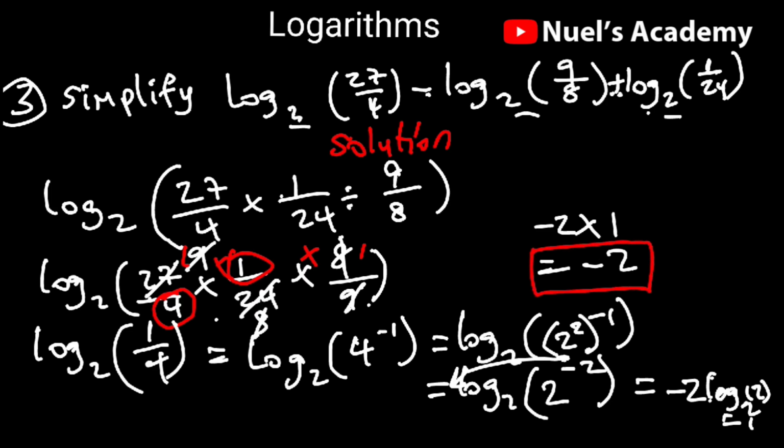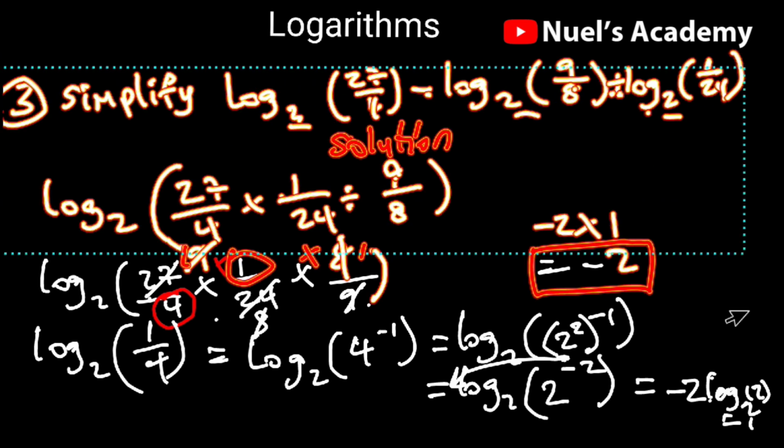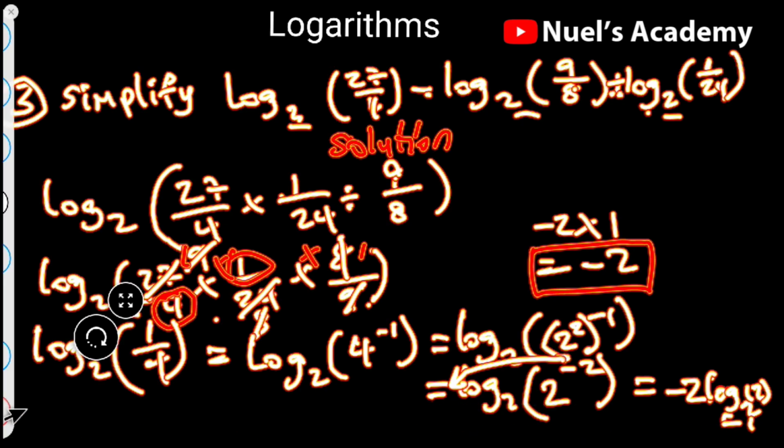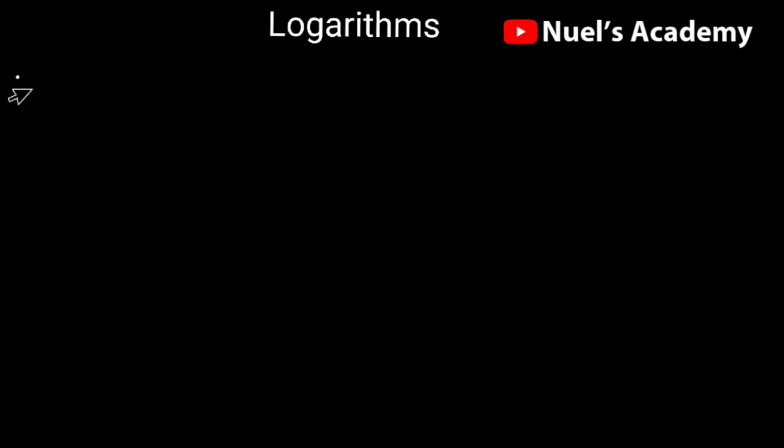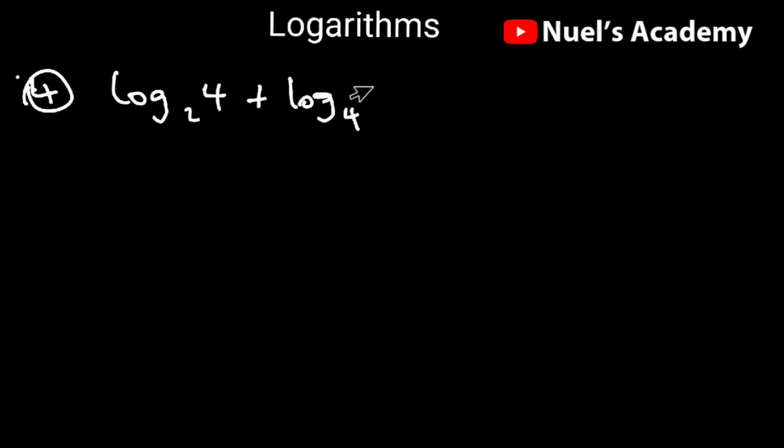So let's solve the last example we have. This should be our fourth example. So we're asked to simplify log 2 of 4 plus log 4 2 minus log base 25 of 5. Okay, so solution,